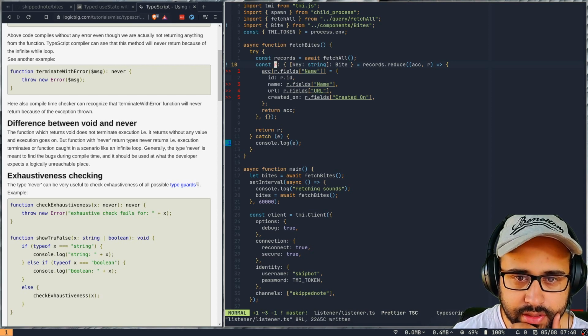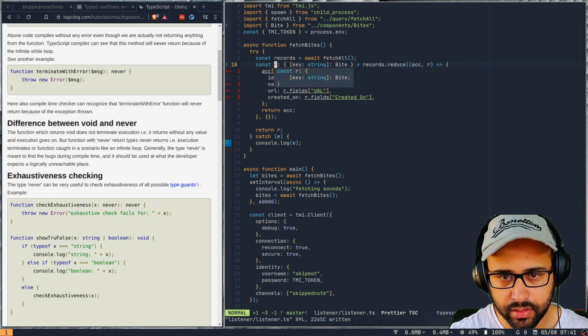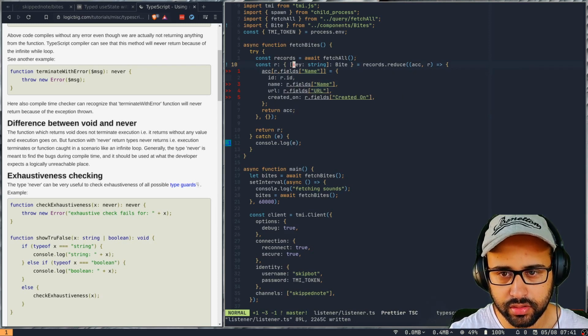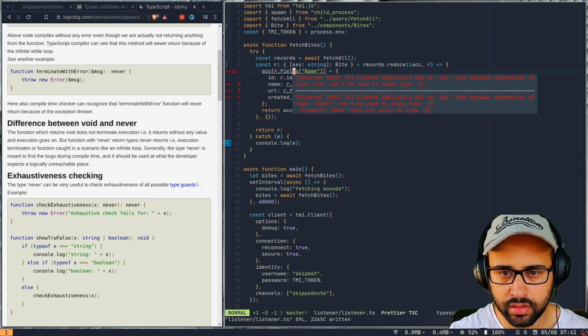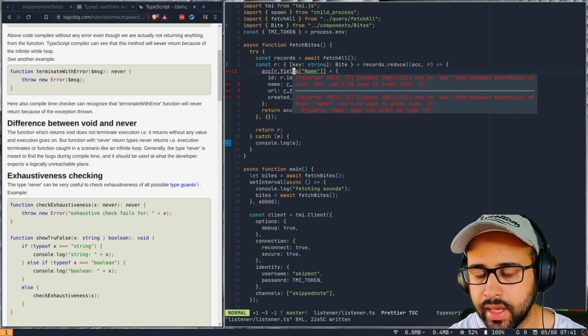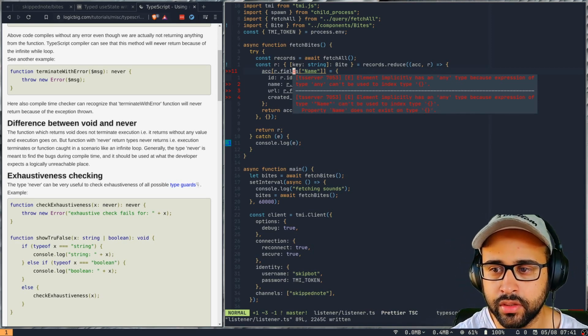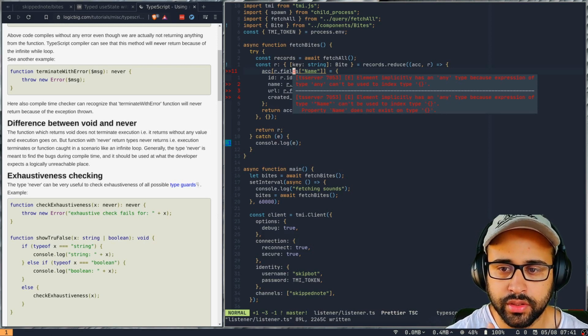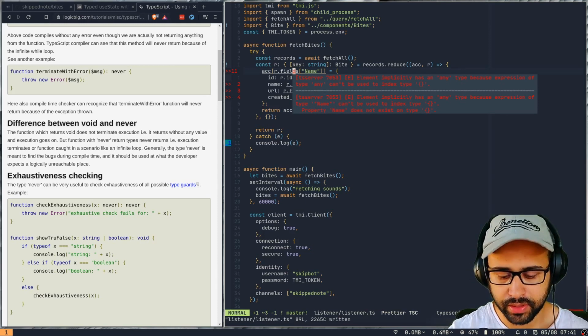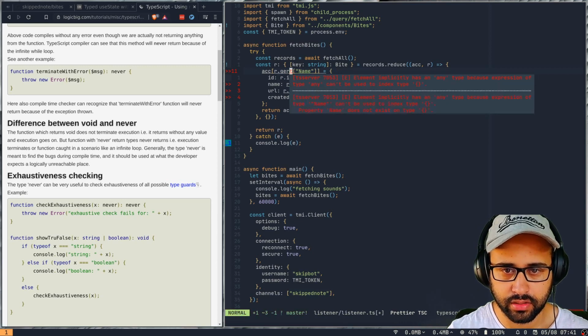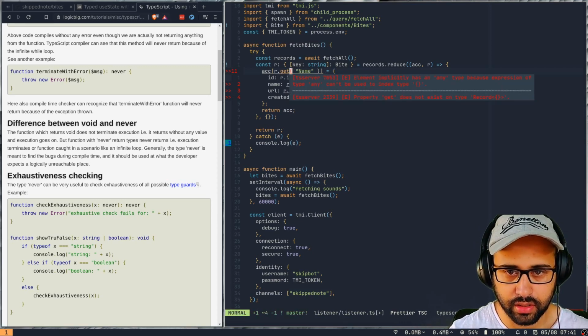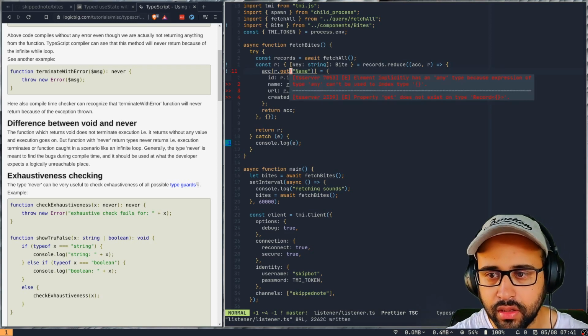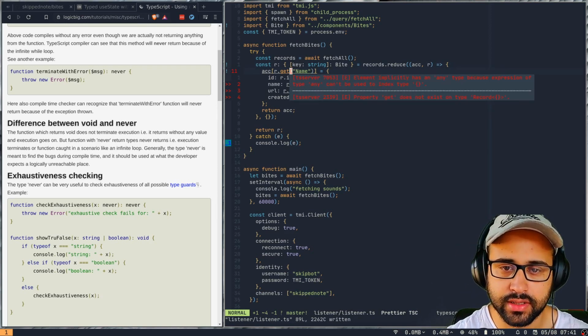This is all typed as byte, which is a problem, right? I think, no, this is not even due to that. Element implicitly has any type because to use index type. Yeah, we can't. But this is why we are using get, right? This is exactly why we are using get. Okay, now get doesn't exist either.